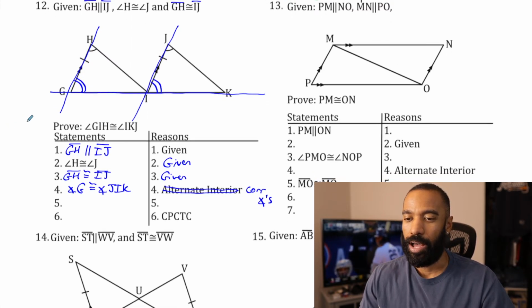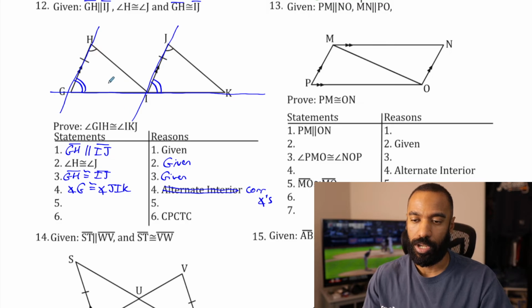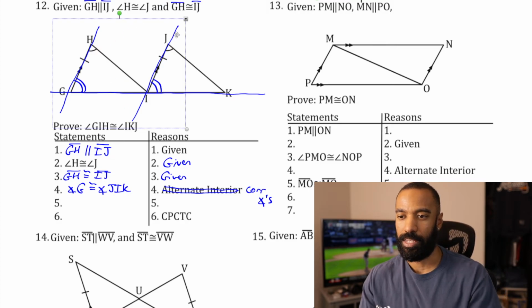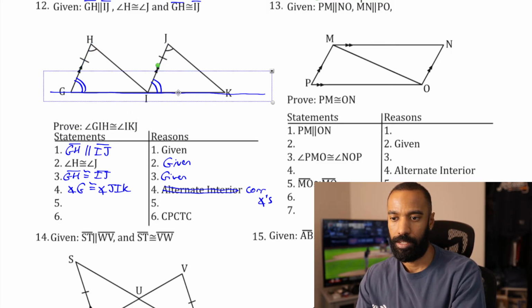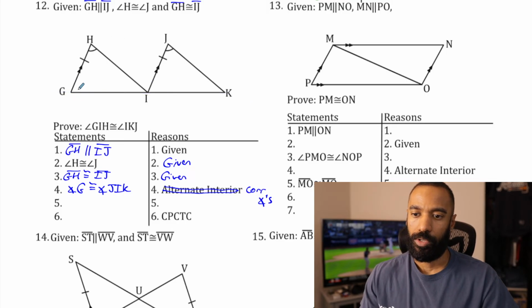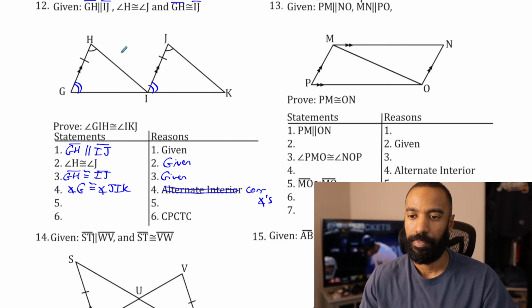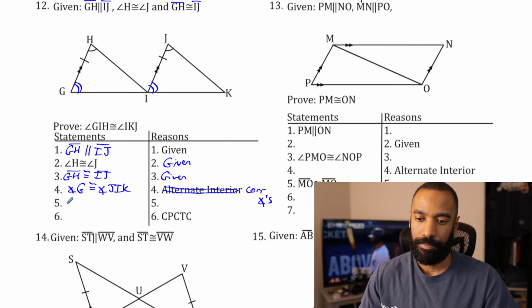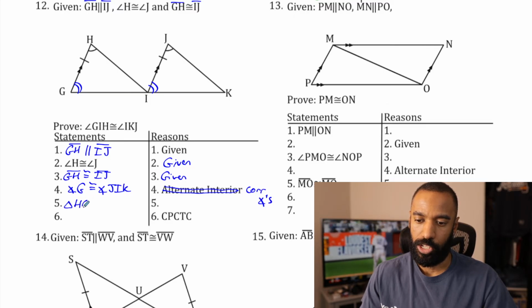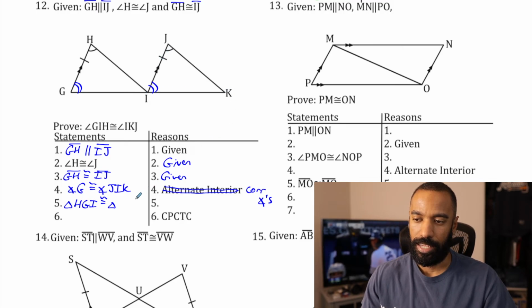Okay, so number 5 here is going to be the congruent triangles statement, which can be an angle side angle case. We have enough information. Angle side angle. Triangle HGI, I can call it triangle HGI, congruent to, say, triangle JIK